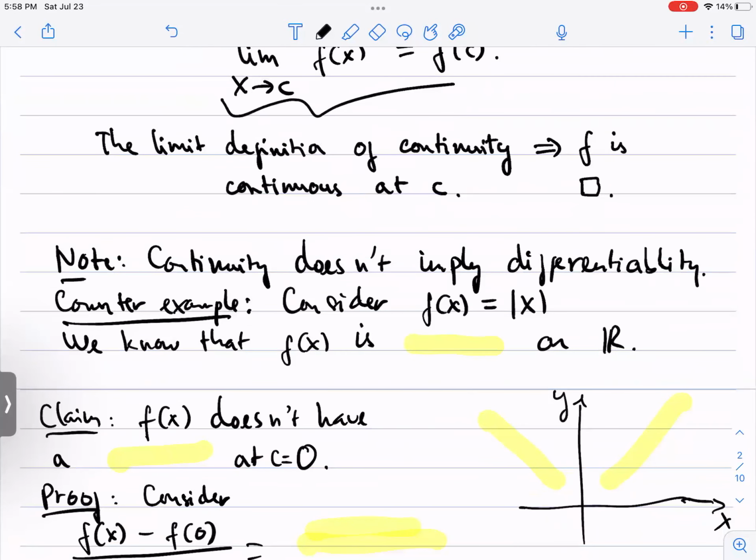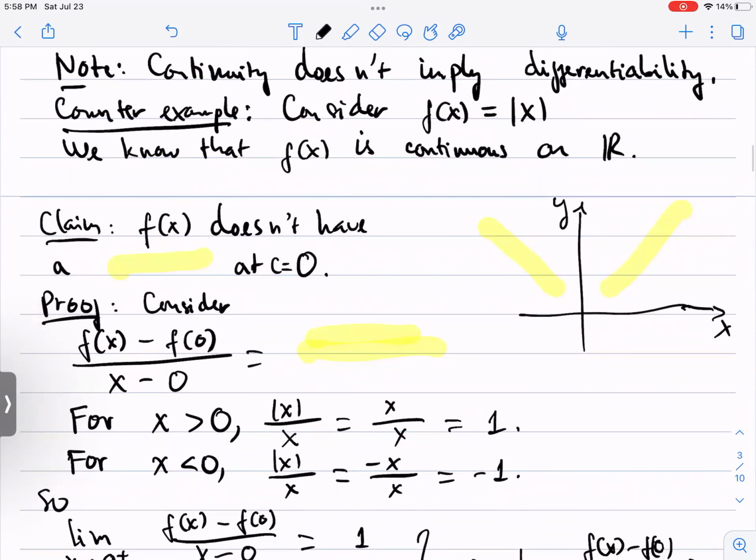However, the converse is not true. That is, continuity doesn't imply differentiability. And here we give a counterexample. Consider the function f(x) equal to the absolute value of x. It's easy to show that this function is continuous. However, we want to claim that the function doesn't have a derivative